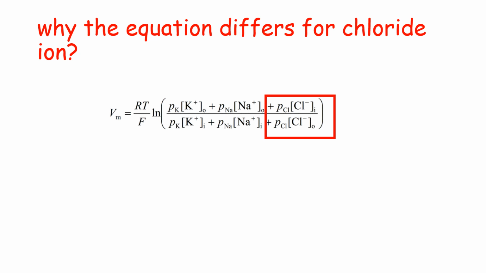One important point when writing this equation, we have to know that this equation differs for the chloride ion. For potassium, as you can see, the concentration gradient is written potassium out divided by potassium in. The concentration gradient of sodium is sodium out, then sodium in. But when we go for the chloride ion, it is written chloride inside divided by chloride outside. It is so because the chloride has a valency that is negative, it is minus 1. So this has led to the reversal of this equation for chloride, and then we write the chloride inside over chloride outside.